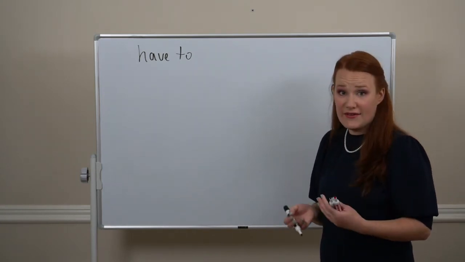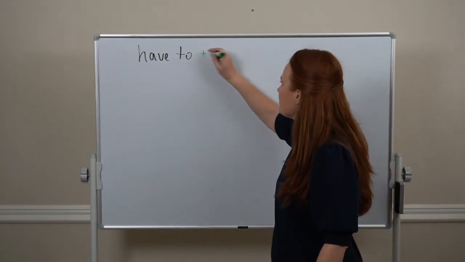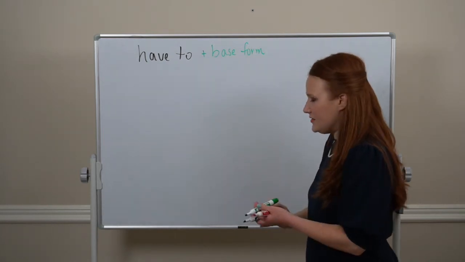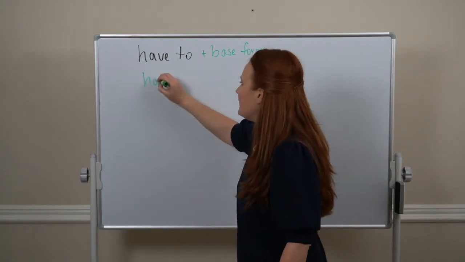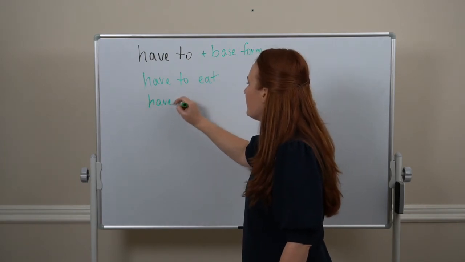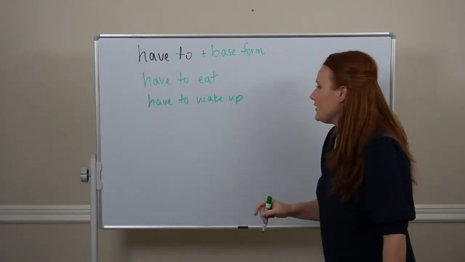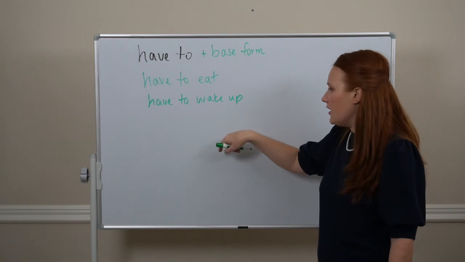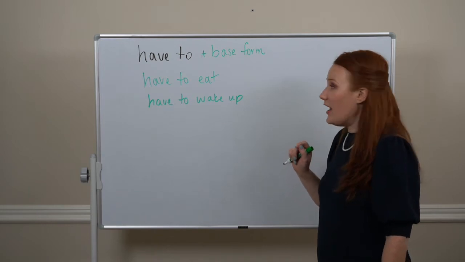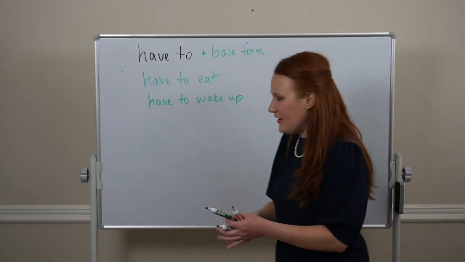So when we use have to in a sentence, it will be followed by the base form of a verb. So something like have to eat, have to wake up. So no ing, no s endings, just have to wake up. So our first verb here is have. So we'll say I have to eat,